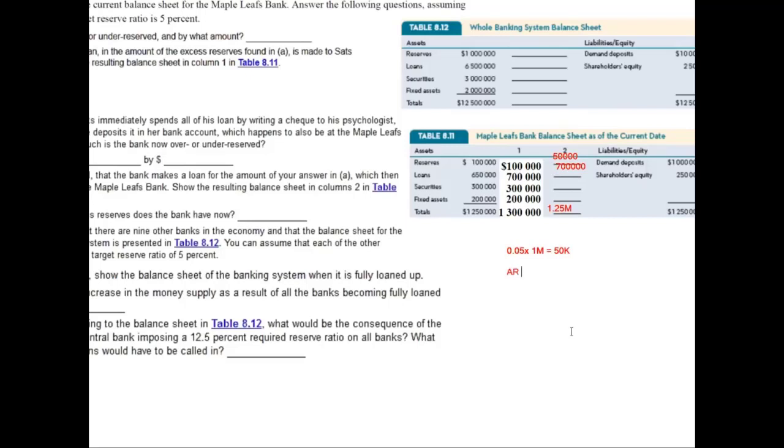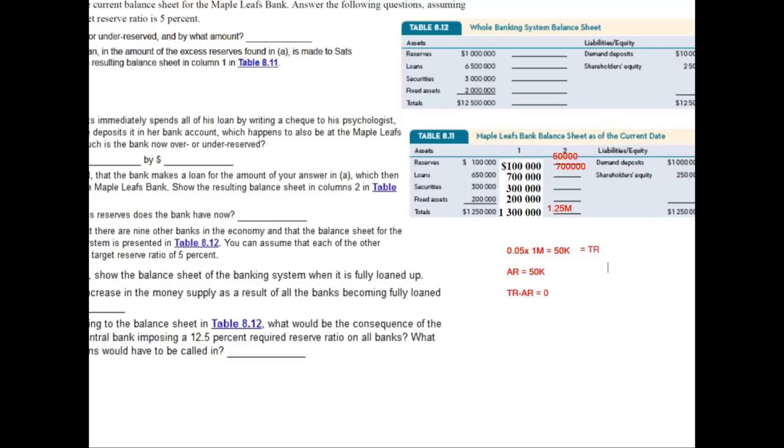Our actual reserves are equal to 50,000, right? And so target reserves minus actual reserves is equal to 0. Again, just to be clear, this is equal to your target reserves. Okay, so there's none. But I mean, this money will get deposited probably at another bank, and we could still get a big increase in the number of new deposits, just not at this bank, if we're thinking of the whole banking system. And so the next part of the question actually